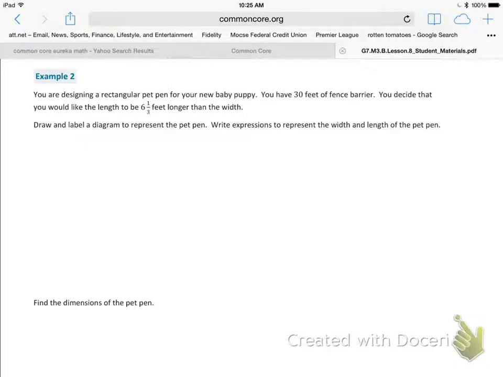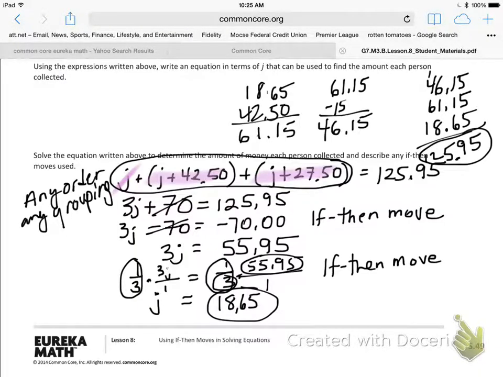Okay, so we know the goal of rewriting an equation is to rewrite it into the form that says x equals a number, and you can see how we're doing that. We're trying to get it to x equals some number, and that just means the unknown equals some number. We're trying to get it into this form, and the way we do it is by making zeros and